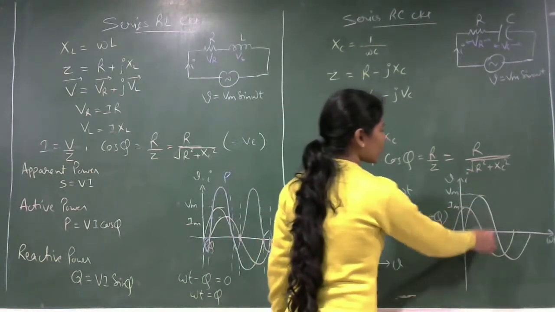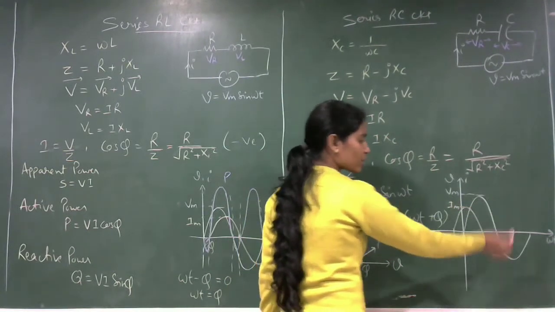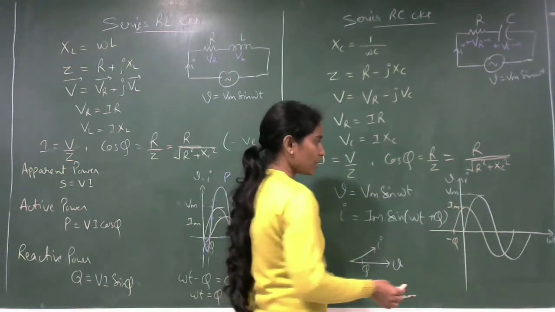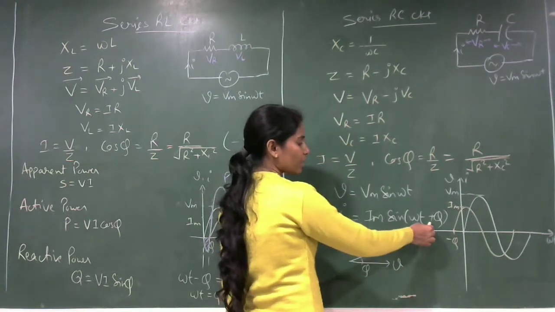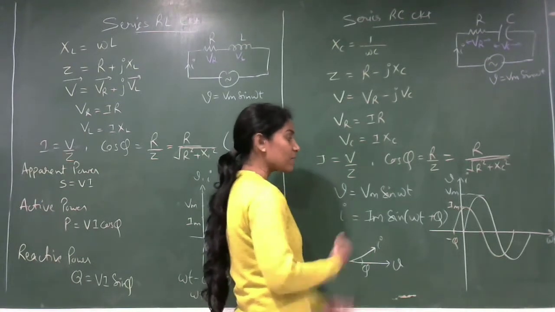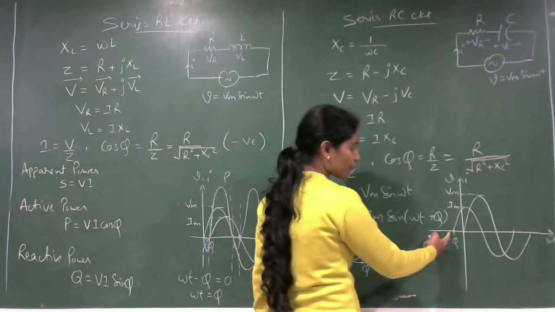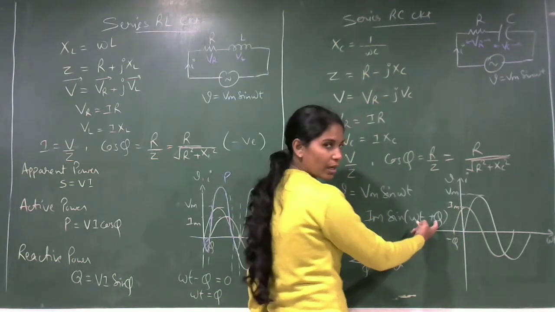So this is my voltage and current waveform. Here you can see the voltage starts with 0 degree because it has been taken as the reference. Peak value represents the Vm. What about the current? We have seen current has an omega t plus phi phase difference, and current is leading the voltage. That means current will start first, and after that voltage, and the phase difference will be phi.